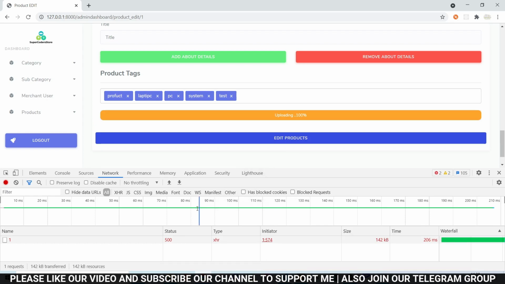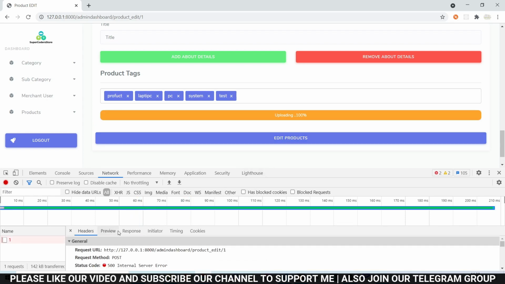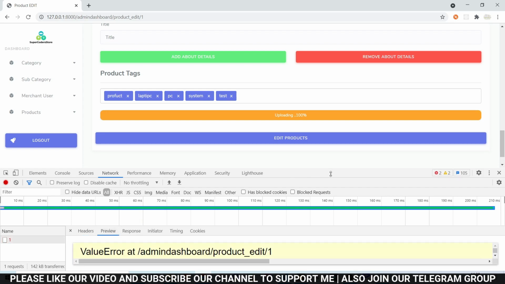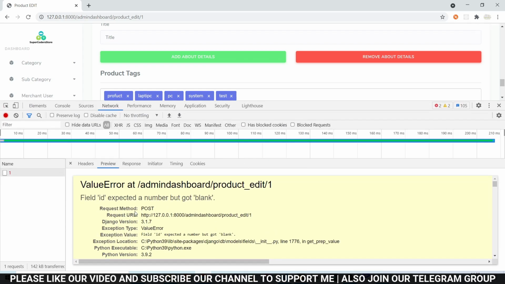Edit products, and it has been saved but showing some error. Let's see preview. ID expected a number but got a blank.